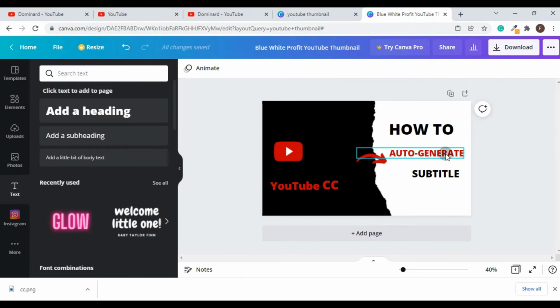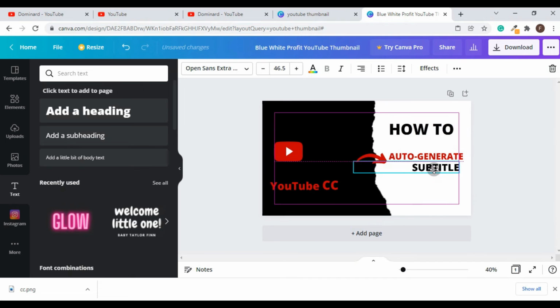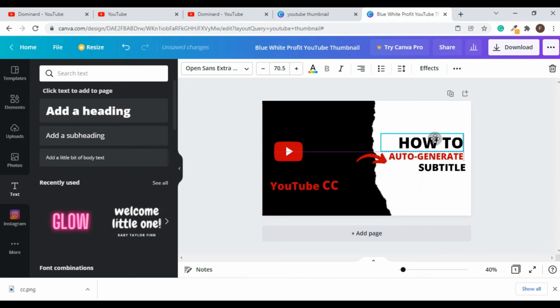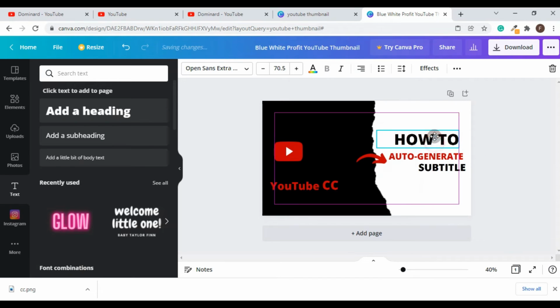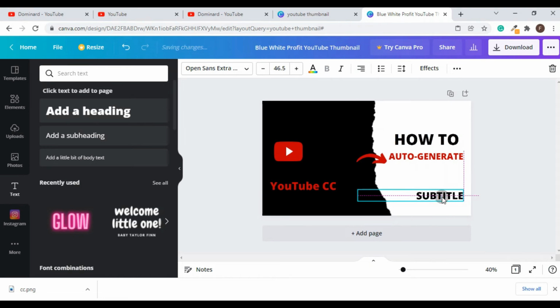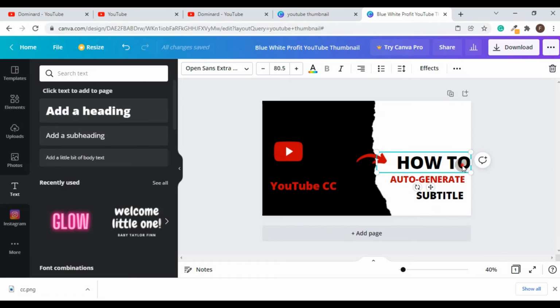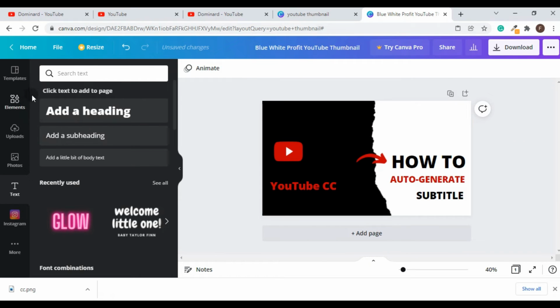Okay, so the next thing is you want to position them very well, properly where you want them to be. So now you are going to want to click something like a subscribe button to this. Because I might need to shift this one a little down, then you want to search for